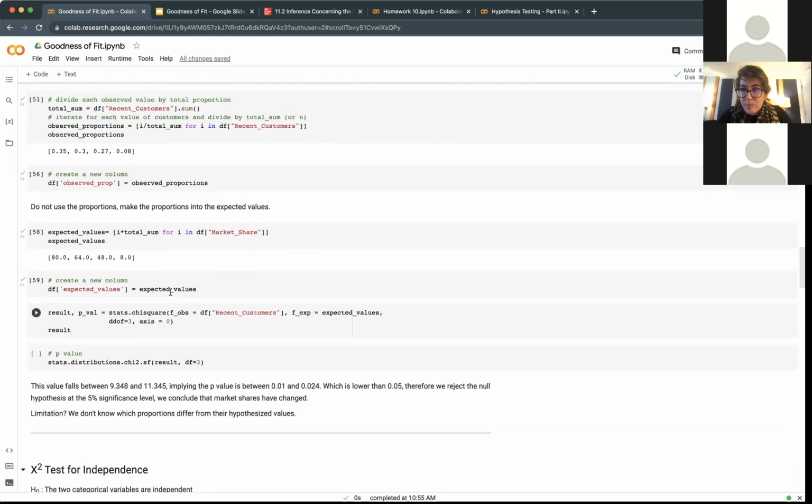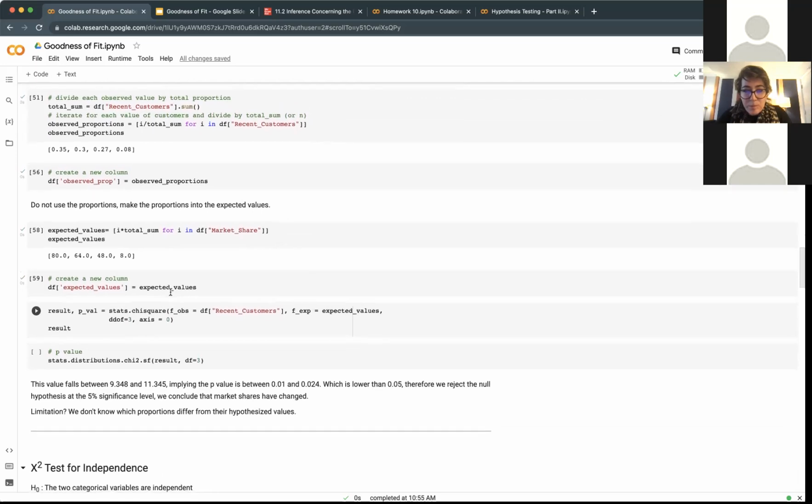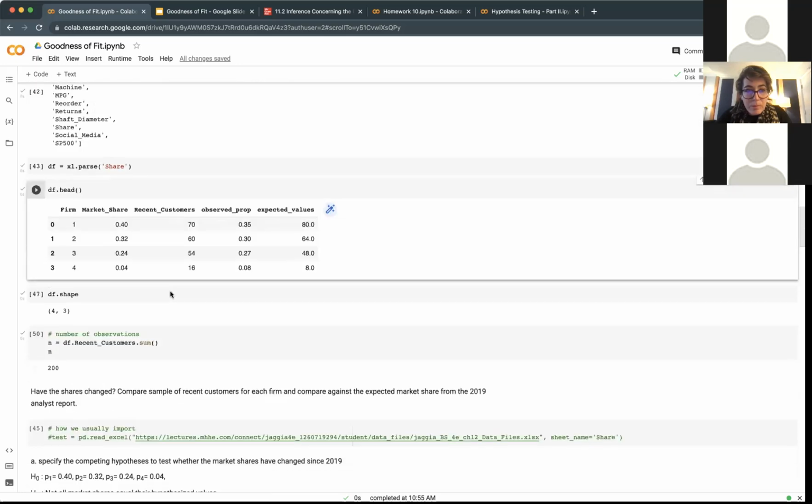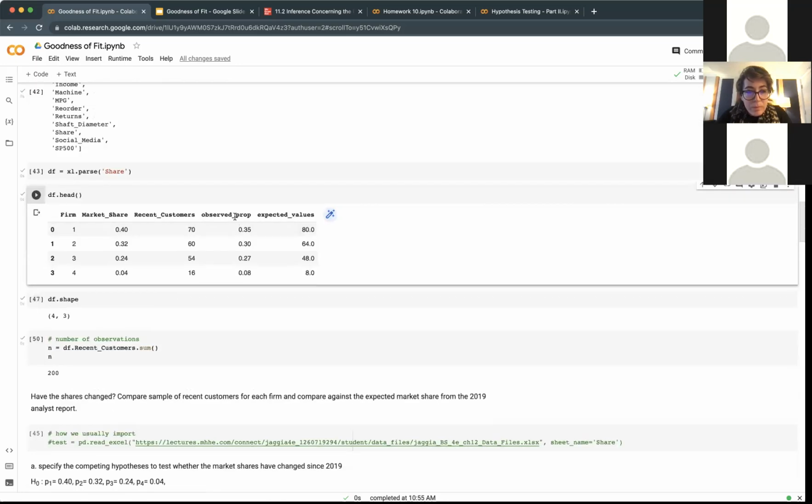I'm just a little bit confused about when we're looking at observed proportions versus expected value. Can you explain in the context of this particular test what that means? Yeah. So we have this starting point of what we think the market share will be. And then we conduct an experiment to see how many customers went to the four different firms. And because of this